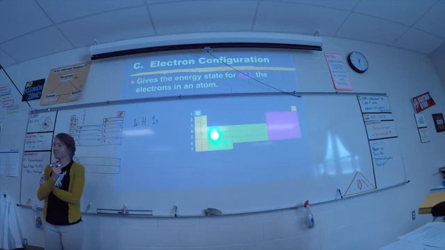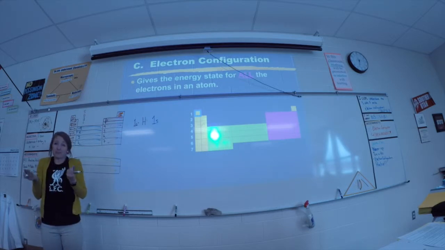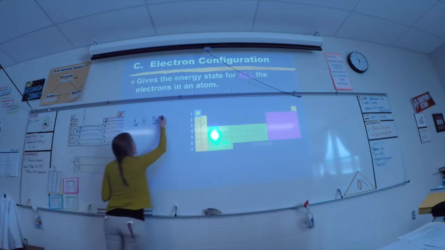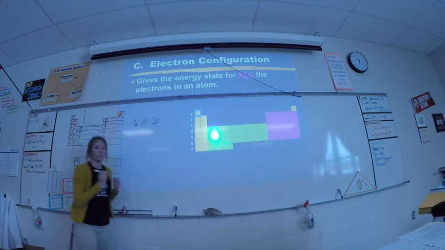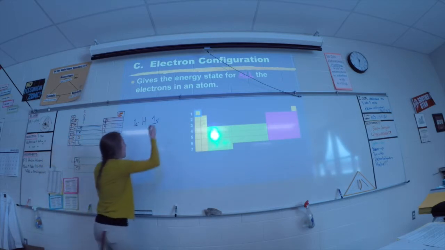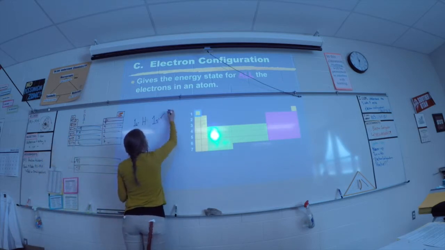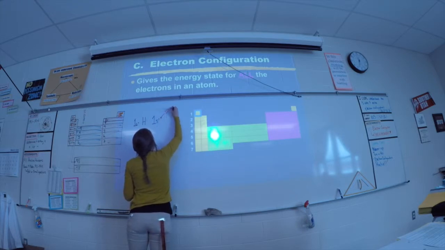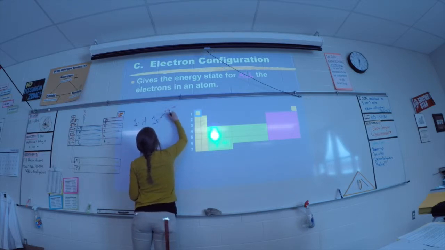1s. Now, how many electrons am I putting in this 1s room? Just 1. It can hold 2, but for hydrogen, there's just 1. So you're going to write 1s1. Make a note here that this number at the top tells us the number of electrons